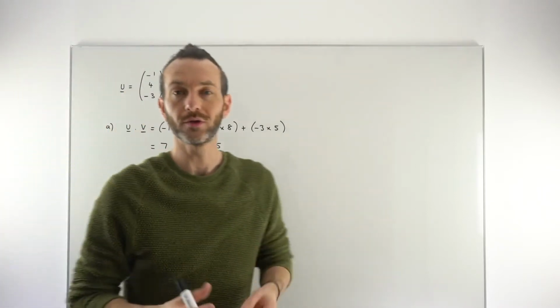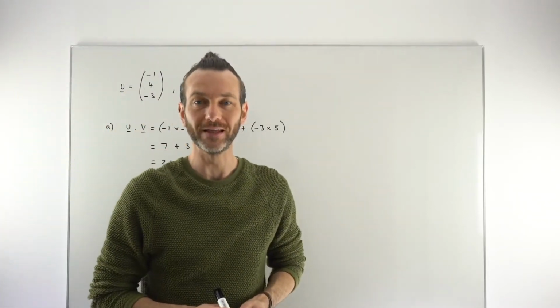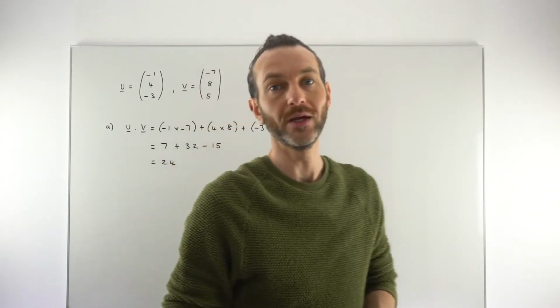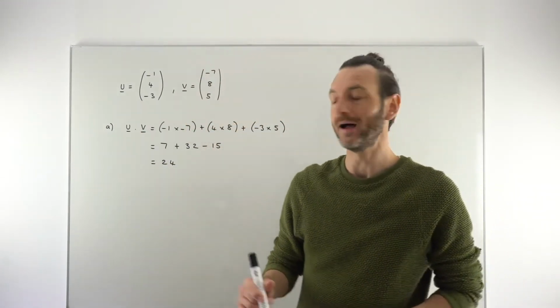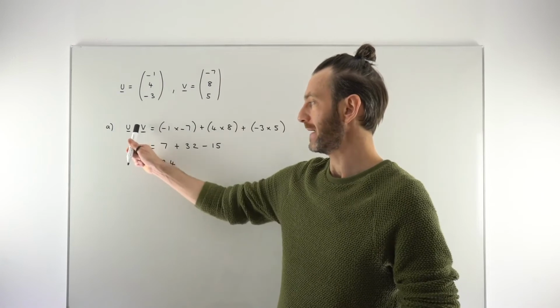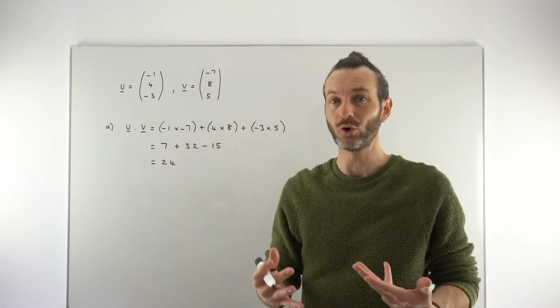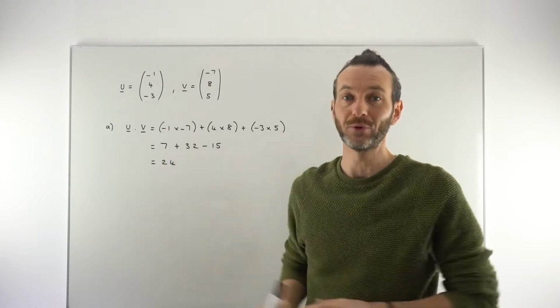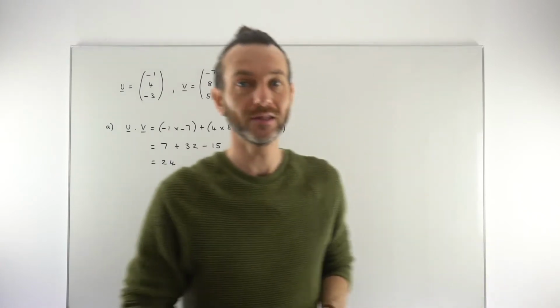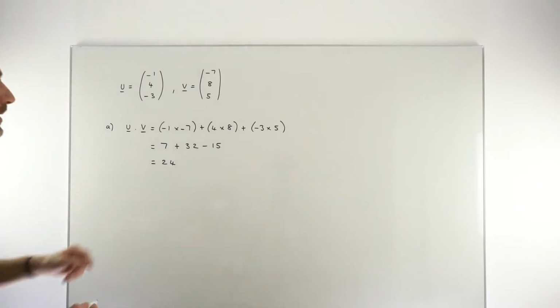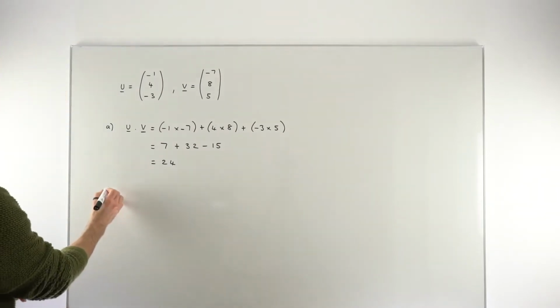So this question is actually more about part B, which is finding the angle between these vectors u and v. But part of the process of finding that angle involves making this number for the dot product. So that's really part of the larger question, although it has been separated out as a question in itself. So we'll use that in part B, and in part B of the question, we're trying to find the angle